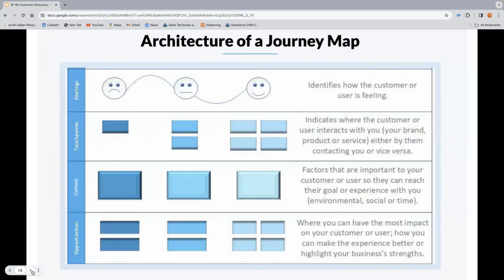Architecture for journey map: opportunity, context, touch points, and feelings. Identify how the customers or user is feeling, and indicate where the customers or user interacts with you, your brand, product, or service, either by them contacting you